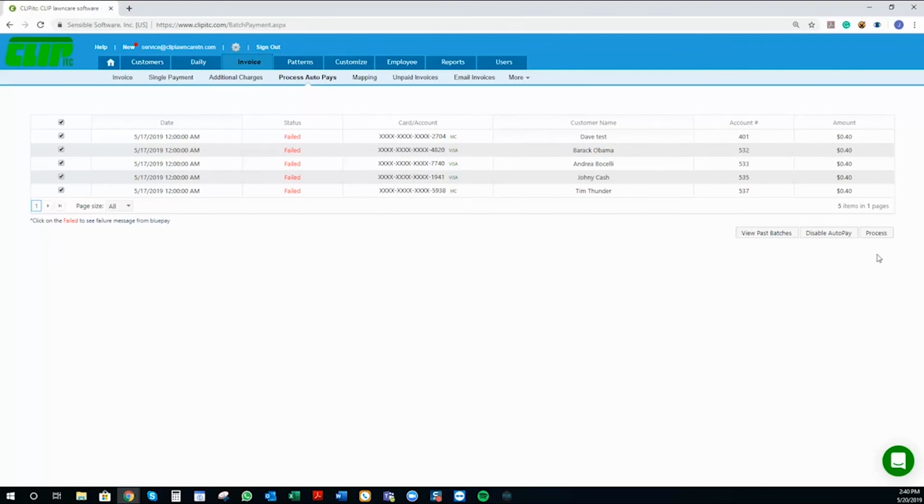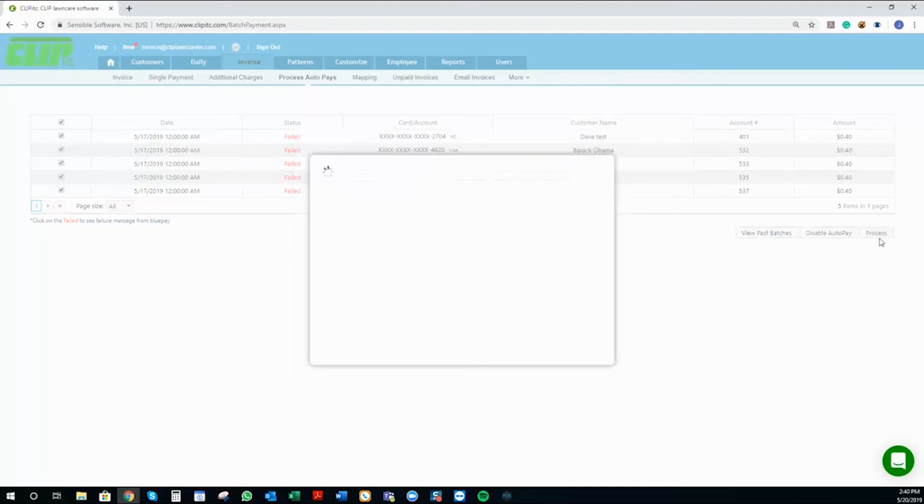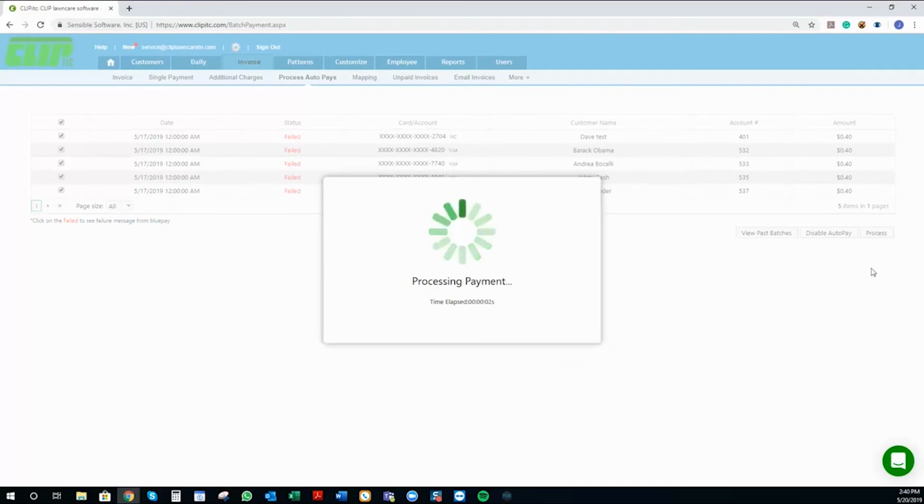As you can see, it'll process the payment and then send the email to the customer if you have email set up. And it's that simple. Clip Payments does all the heavy lifting for you, and all your invoices just got one step closer to being